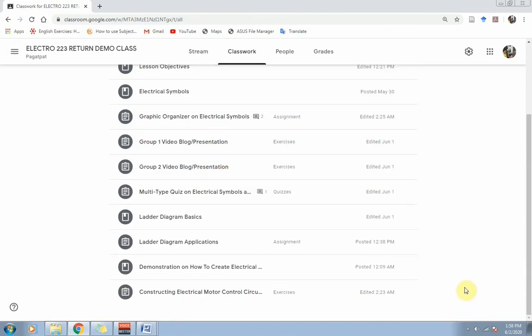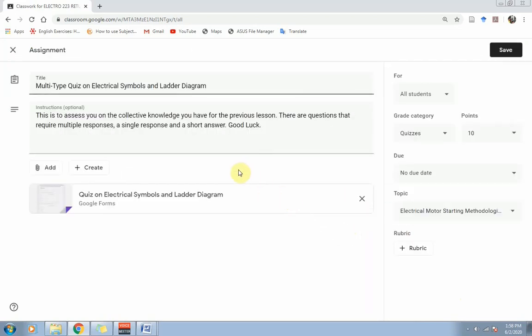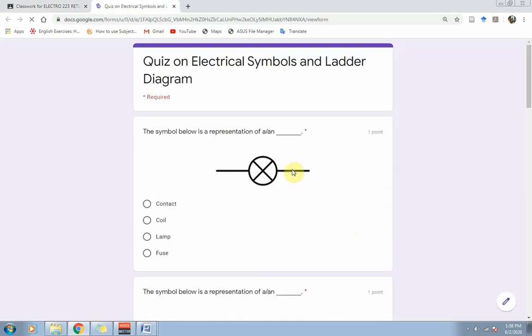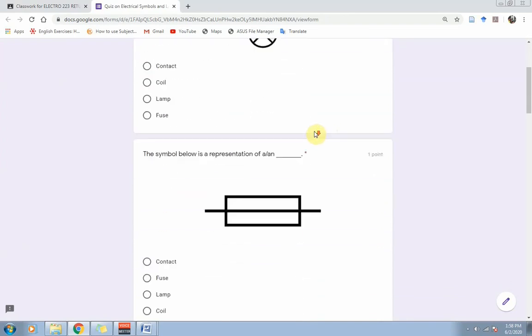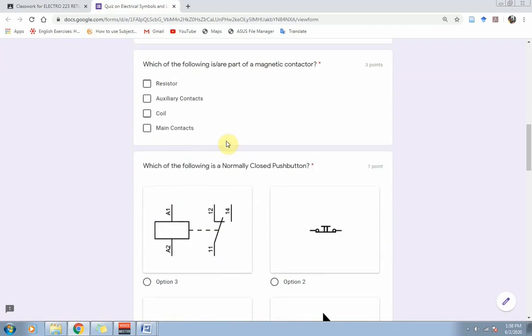To assess their learning on learning objective number 1, we have here a multi-type quiz for the students to take. This is now a graded quiz. Multi-type because it has multiple types of tests. We have the multiple choice, short answer, a checkbox where there are